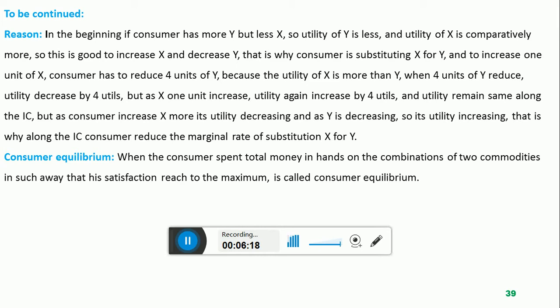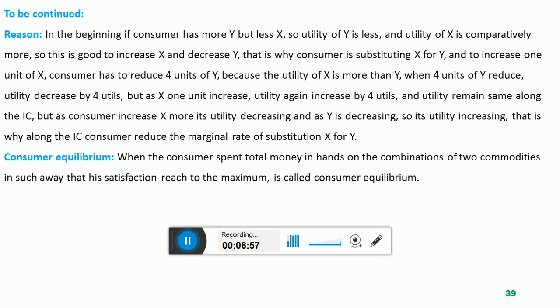Now to get 1 extra bottle of Pepsi, he is sacrificing only 3 pizzas, and in the third combination, to change, he is sacrificing for 1 extra Pepsi only 2 pizzas. So the rate of substitution is diminishing. The reason is this: as Pepsi is increasing, its utility is decreasing. But when pizza is decreasing, its marginal utility for the football player is increasing, because he is an athlete, a football player, he is running. So when pizza is decreasing again and again, he will be in need of pizza